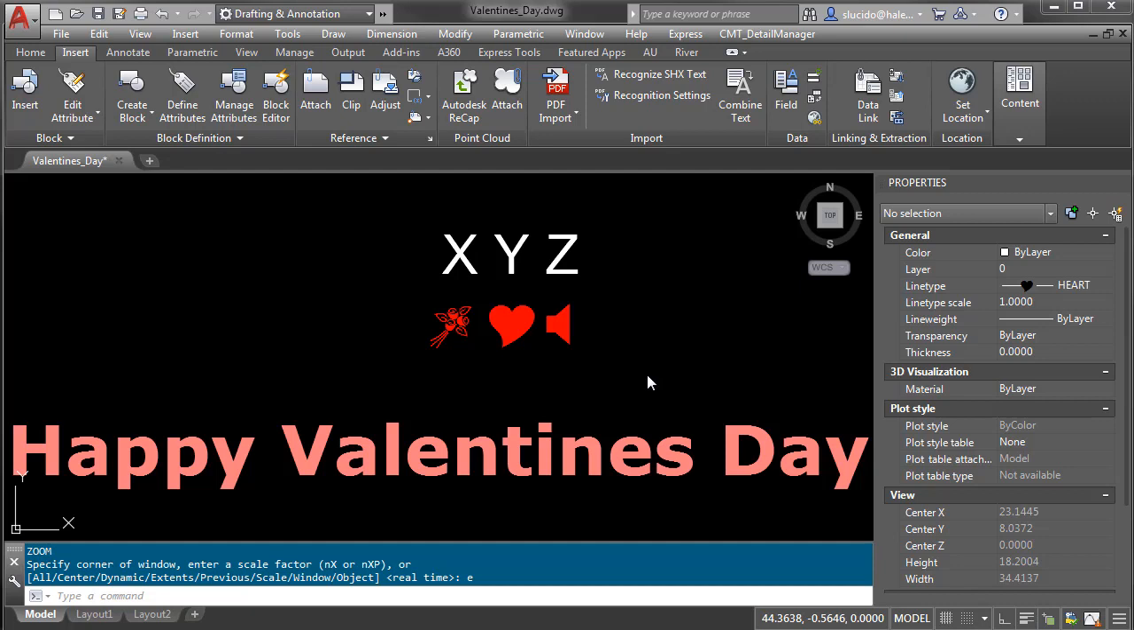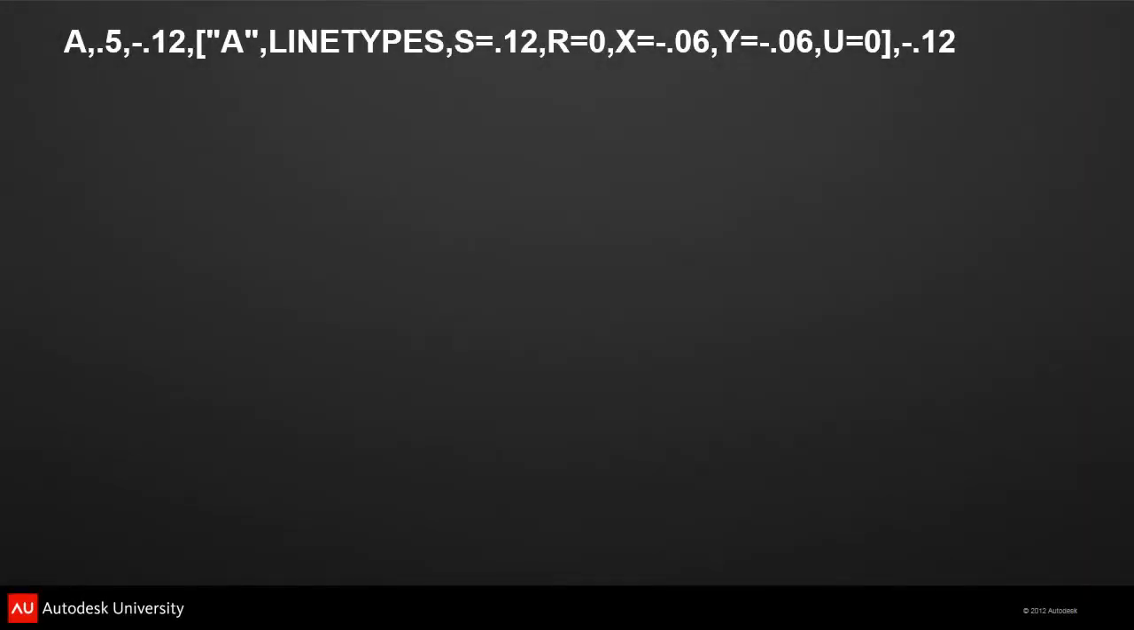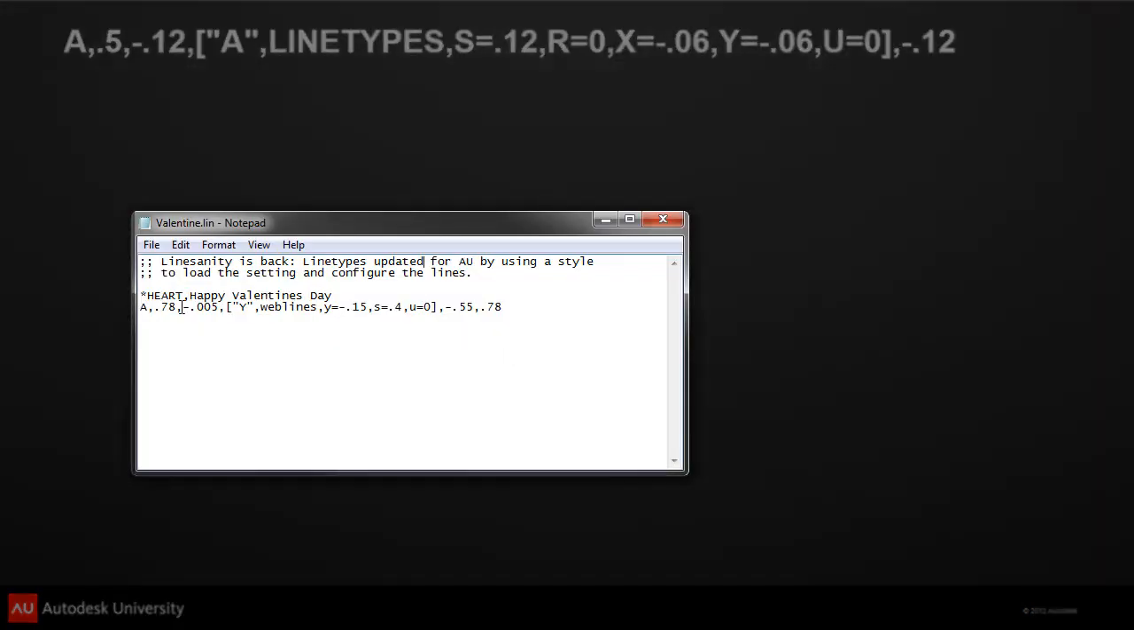So let's get started. We're going to talk about line types just a little bit and then we'll go from there. I'm going to pull up a PowerPoint slide on a line type definition. Now this is just a text file, and I can show it to you right now. There's the text file. So we're going to create something called heart, and it says Happy Valentine's Day as our